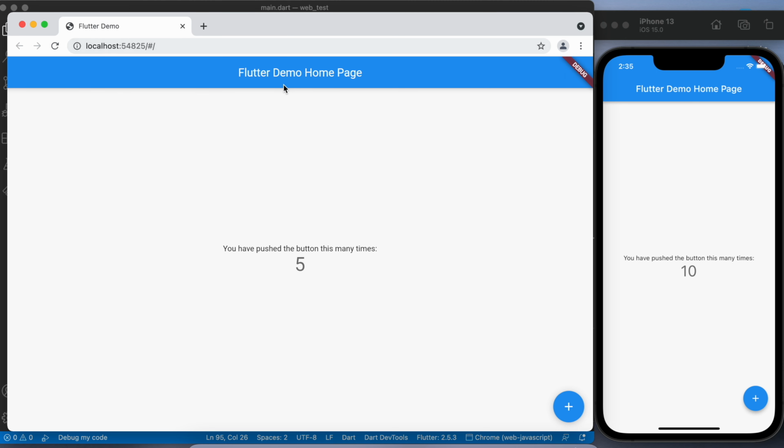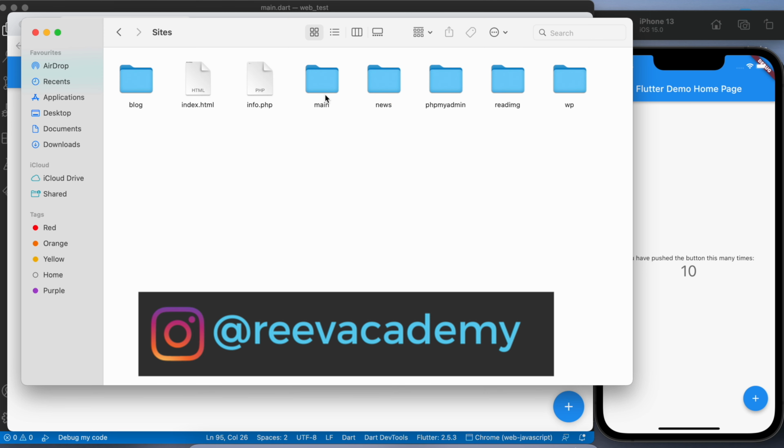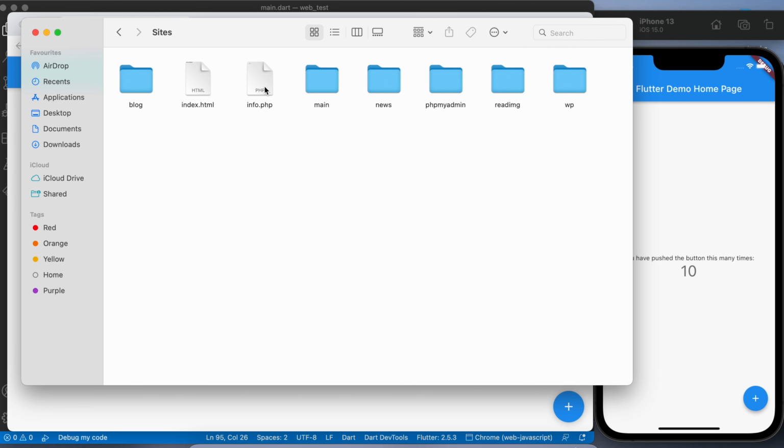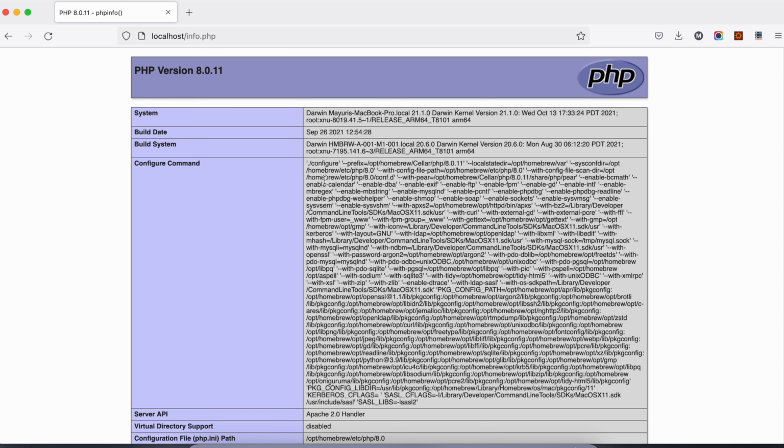Now our main purpose is to deploy this application on Apache web server. Now go to your www or htdocs folder. In my system, I have pointed it to this sites folder. This is similar to your www folder or htdocs folder. Here I have info.php. Let me run and show you.